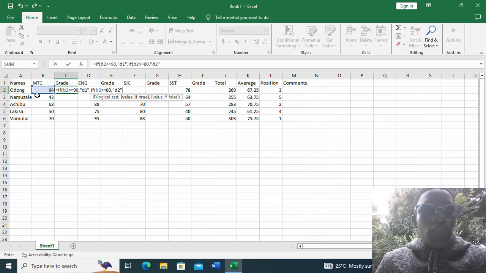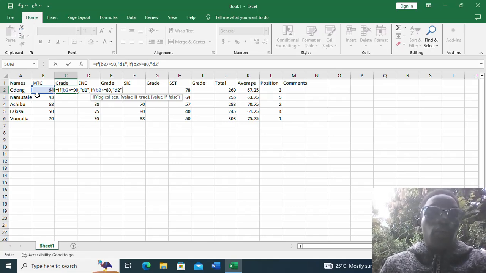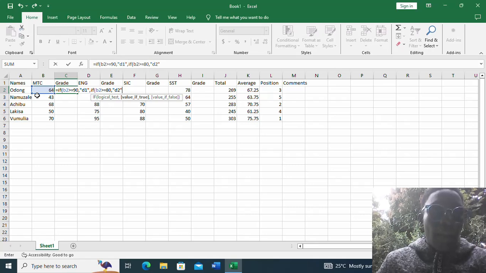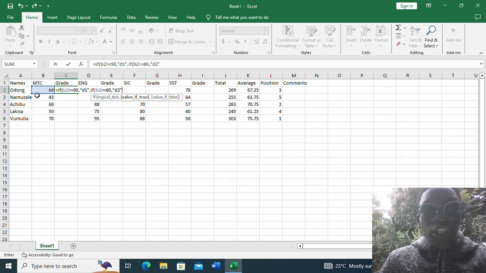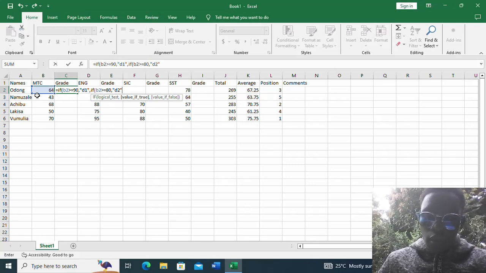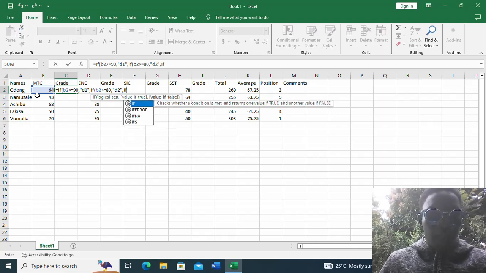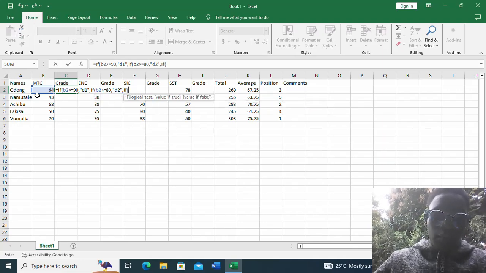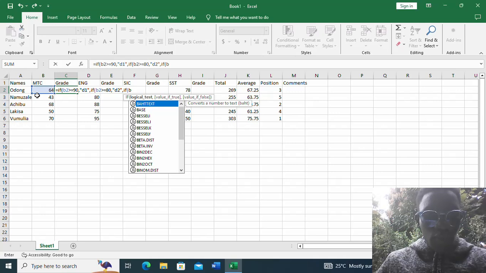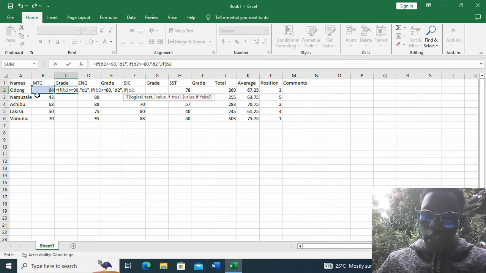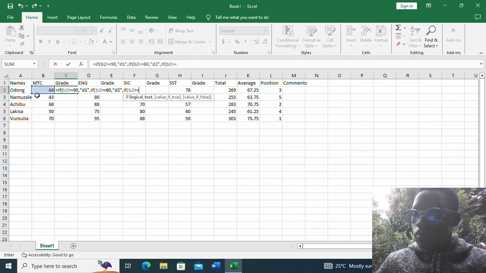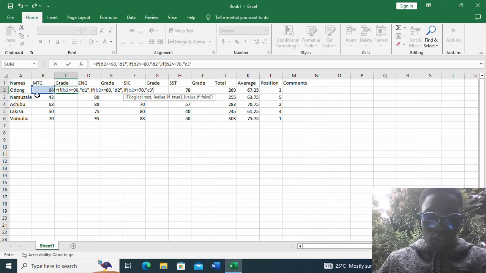Meaning if the person has got greater than or equals to 80, the person has a D2, comma, IF again, open bracket, B2 greater than or equals to 70, comma, quotation, credit 3, quotation again,